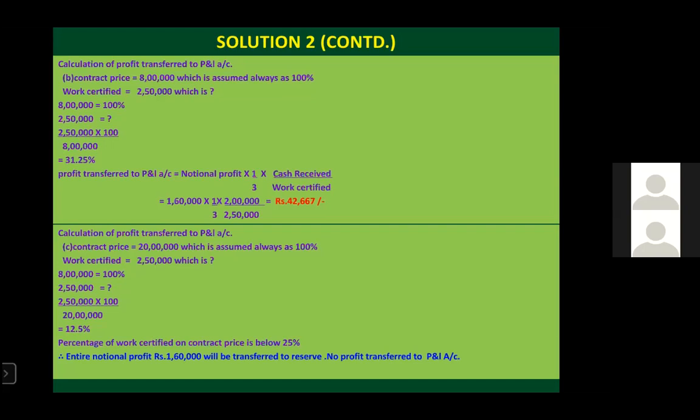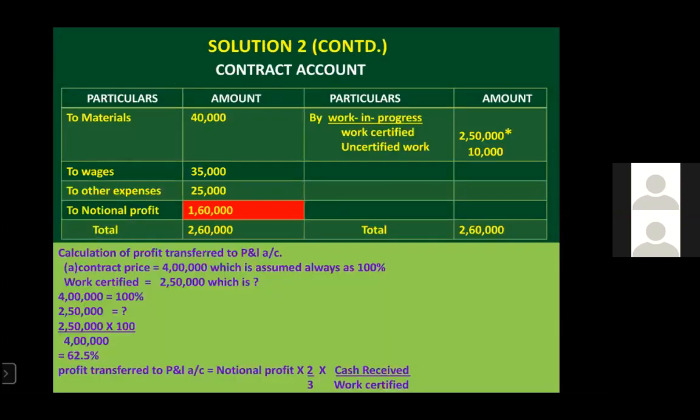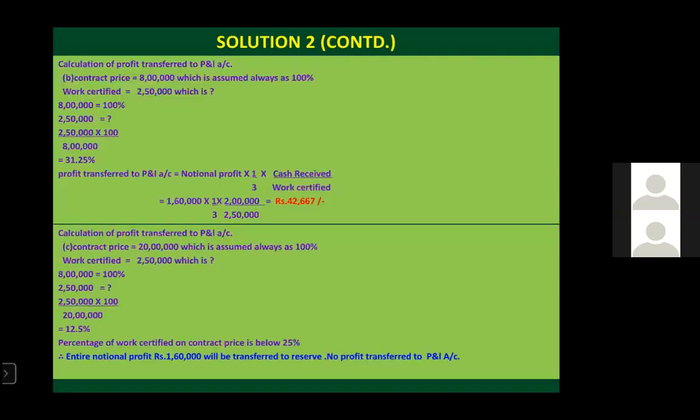So this is a very important problem. You may have three situations: if the contract price is 4 lakhs, if the contract price is 8 lakhs, if the contract price is 20 lakhs. So based on these three situations, we calculated what amount of notional profit is transferred to P&L account. So first of all, we need to calculate the work certified. After calculating the work certified, prepare the contract account and apply the situations one by one. Then we'll move on to the